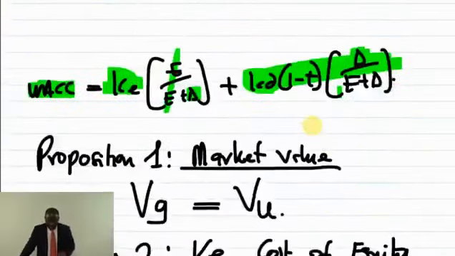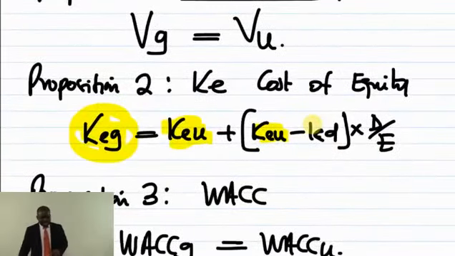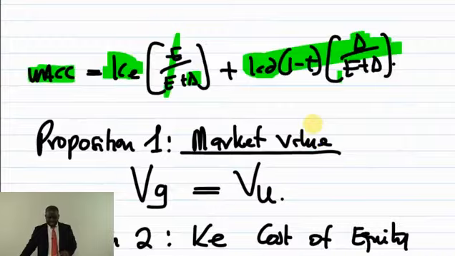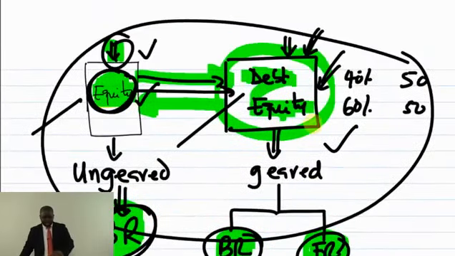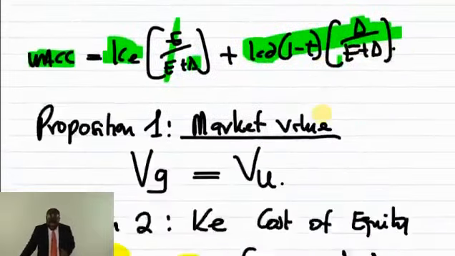Okay, so these are the equations. You would have to learn them. Nobody is going to tell you, use this. You would have to know from the surface of the question. That is why I was trying to explain this first, so that the moment you see movement, either to be geared or to be ungeared, or from one level of gearing to another level of gearing, you need them.